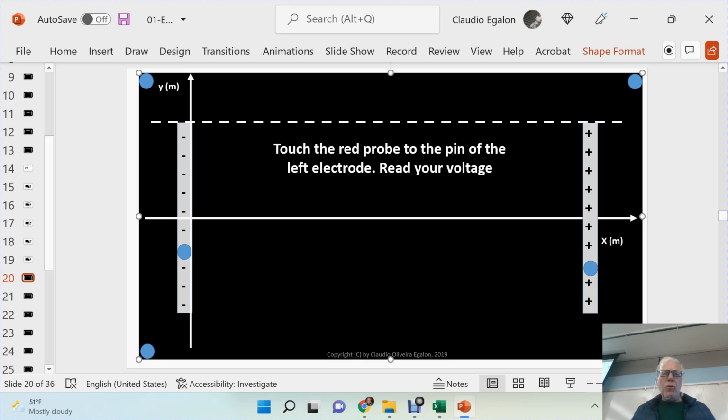Touch the red probe to the pin of the left electrode and read your voltage. Let me see, wait a minute, let me see what's going on here. Looks like that there is a